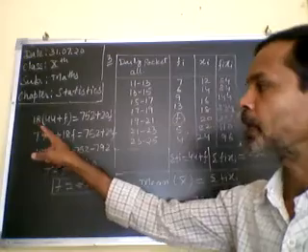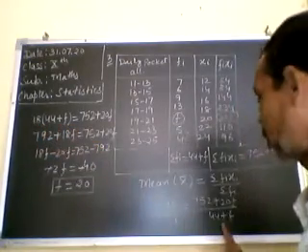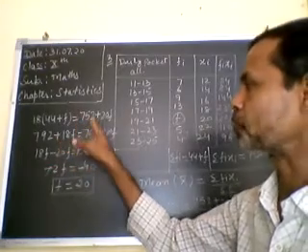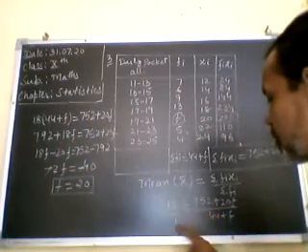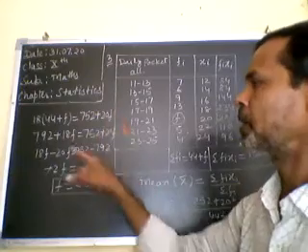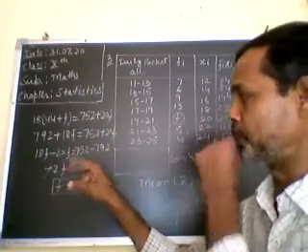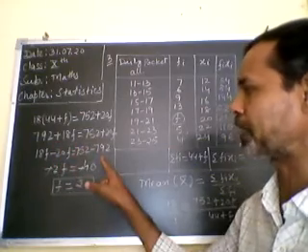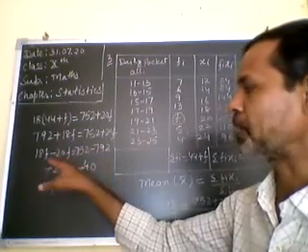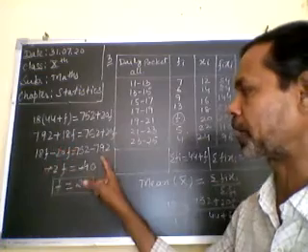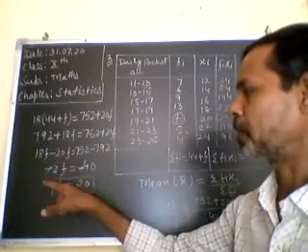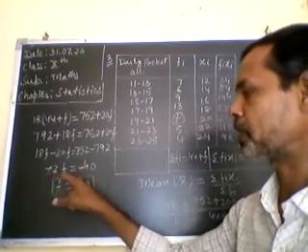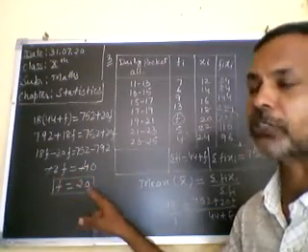See, 18 multiplied by 44 plus f becomes 792 plus 18f equals 752 plus 20f. This is multiplied by 1, so the same. Now shifting the numbers, 18f minus 20f equals 752 minus 792. Variable terms are on the left side and the constants are on the right side. Now we subtract: minus 2f equals minus 40, minus cancels with minus, so f becomes 20. So this is the missing frequency.